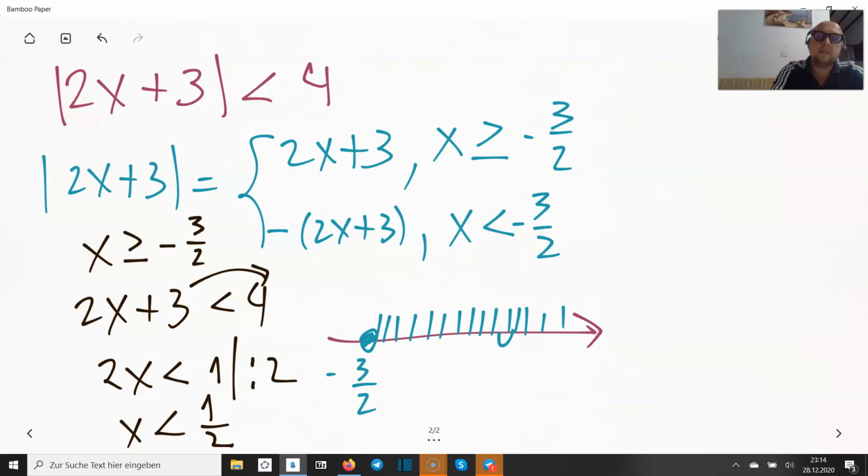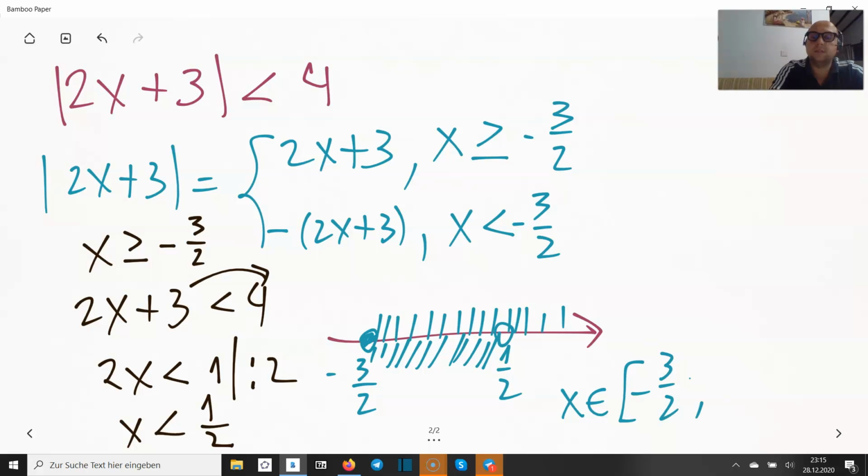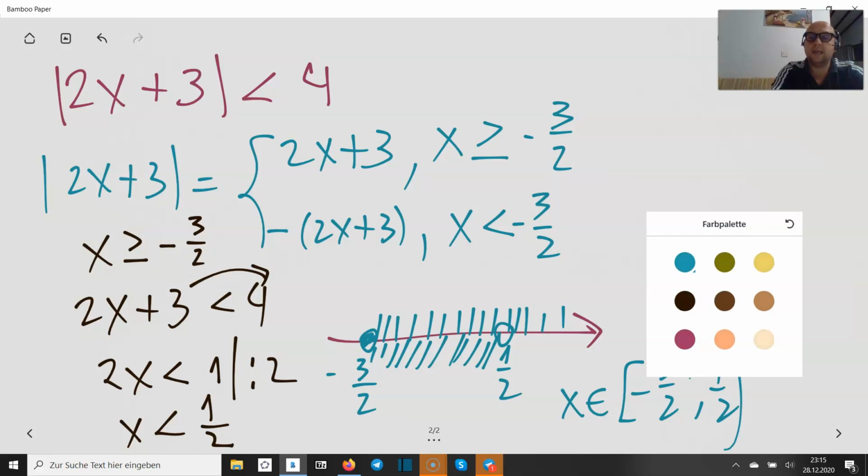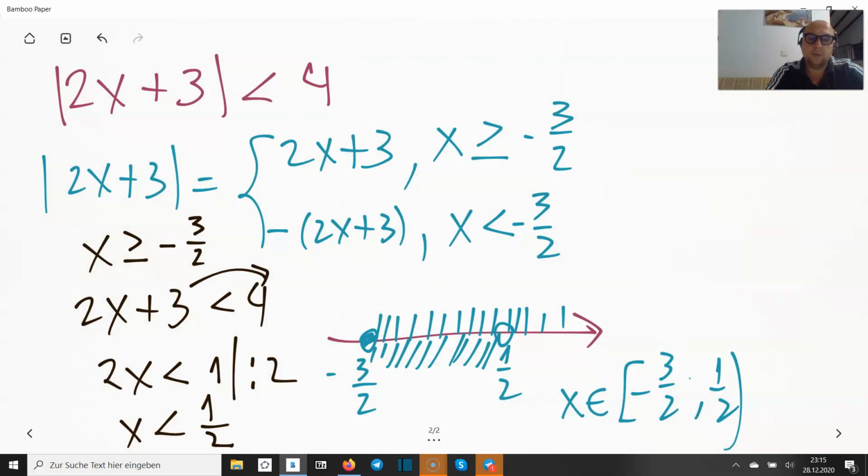And that's a half excluding, and we want to be less. So we are right in between. So x is from minus 3 halves up to a half. That's it. All right. And the next one, we got minus 2x minus 3 less than 4, and now x